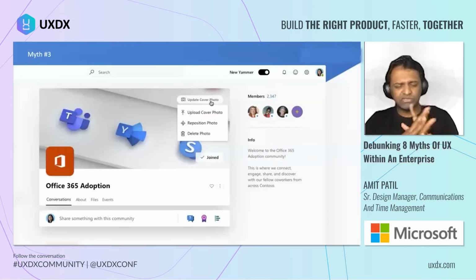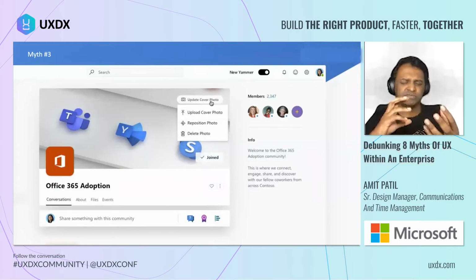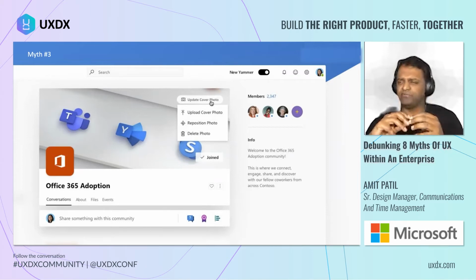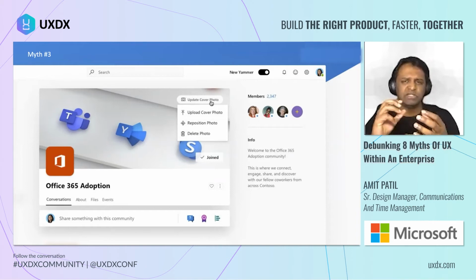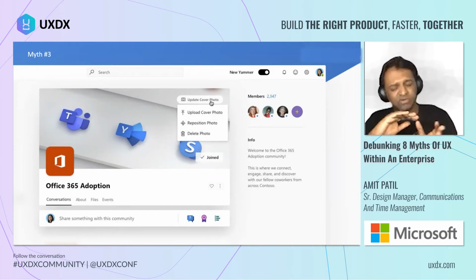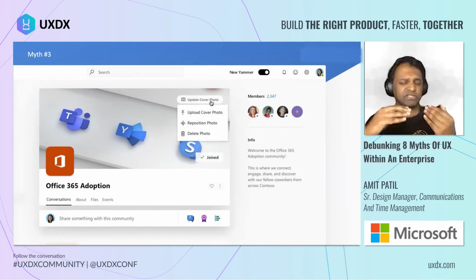One example I could talk about is Yammer. Yammer is a Microsoft tool which is used as a social networking tool within organizations. And when we were redesigning it, an interesting perspective came into the picture, where a lot of people were wondering why we need to craft the experience to this micro detail or even make it aesthetically appealing. But you would not imagine, the usage of Yammer gained a lot of success after the redesign. In fact, it helped us as well as the organizations to communicate better.